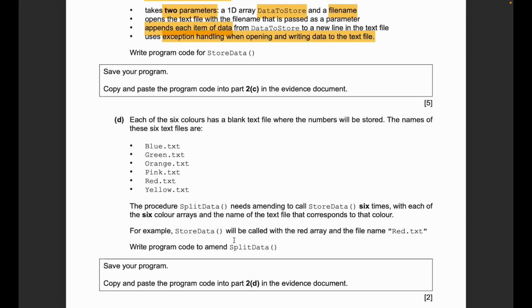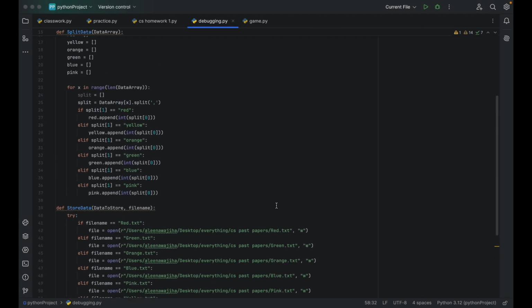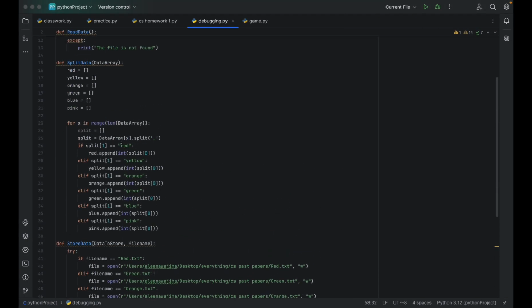Okay, so it says the procedure split data needs amending to call store data 6 times with each of the 6 color arrays and the name of the text file that corresponds to that color. For example, store data will be called with the red array and the file name red.txt. Write program to amend the split data. अब हम split data में कर क्या रहे हैं? Split data में we're reading the